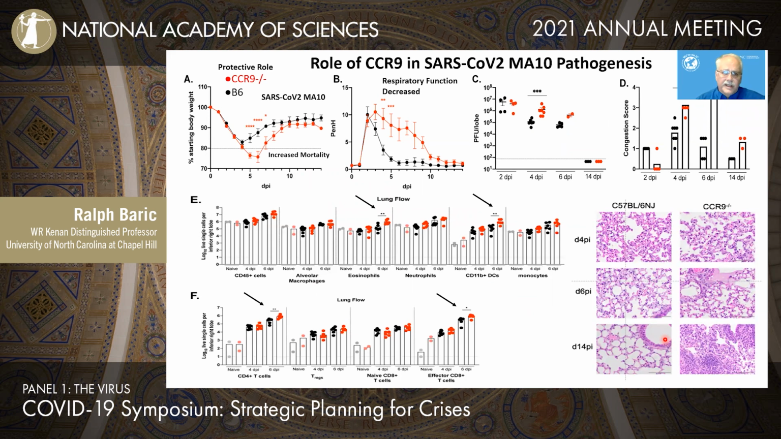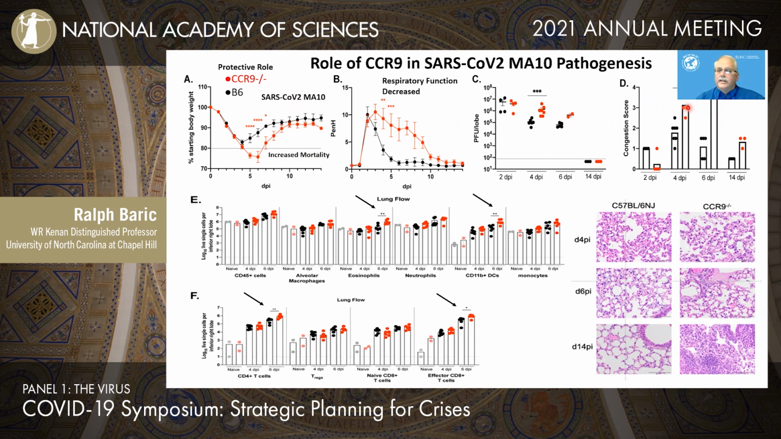Now, we looked at one of those genes, CCR9, that's common between mice and humans, and asked what the effect of SARS coronavirus 2 mouse-adapted lethal infection is. In the CCR9 knockouts, the animals lose more weight. They have increased mortality as compared to the B6 controls. They also have decreased respiratory function for longer periods of time. They have higher virus titers. They have more